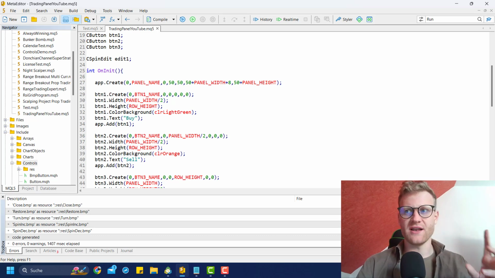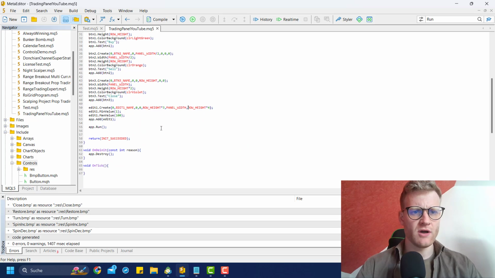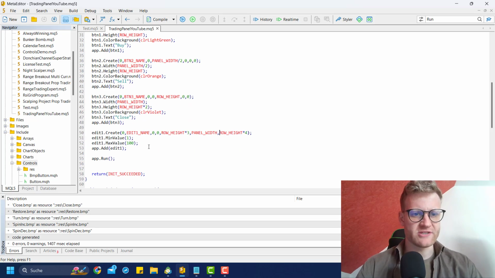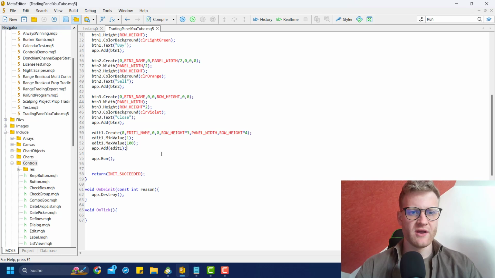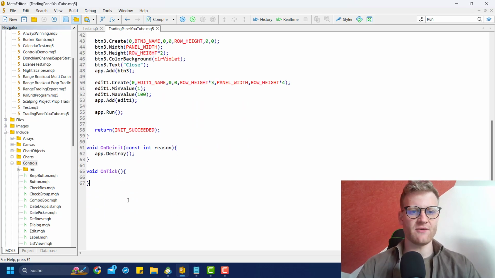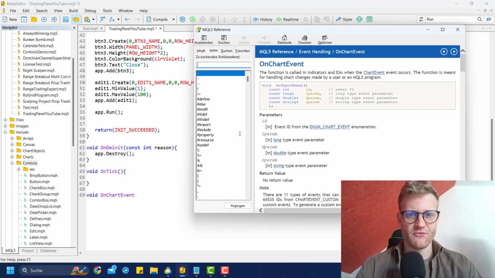And adding the functionality is actually like the easiest part. So we had one or two tutorials on this channel already where I talked about interaction with objects, and for interacting with chart objects, we always need the on-chart event handler. And this is why we will add this on-chart event handler here at the very bottom of the program, right below the onTick function. And if we move our cursor inside of this name and press F1 on the keyboard,